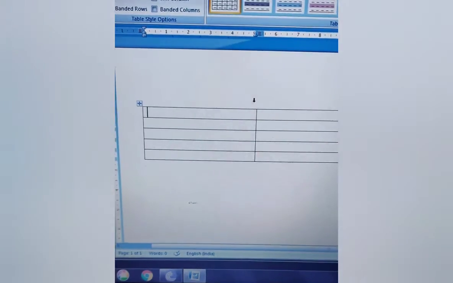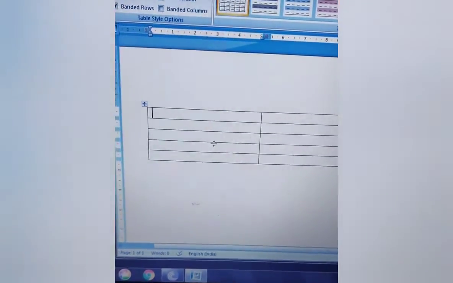So first let's talk about how to change the column width. The column width is basically, this is the column, right, and this is the width of the column. That means how wide the column is. So if this is the first column, this is the column width, from here to here. Now what we can do, we can either increase or decrease this column width. How can we do that?